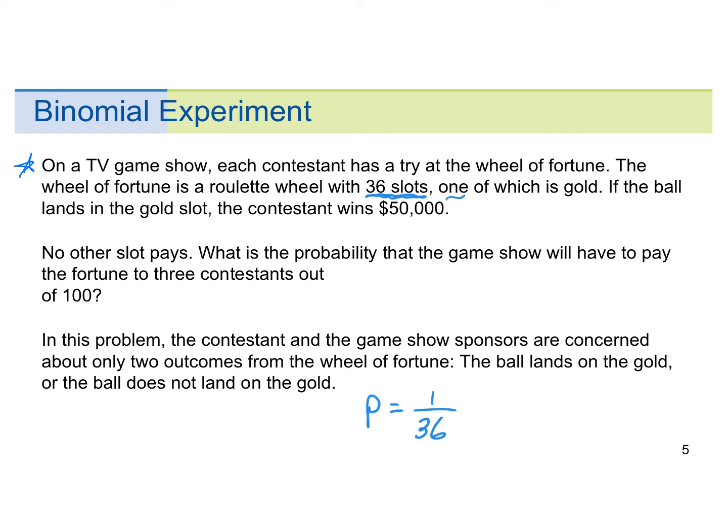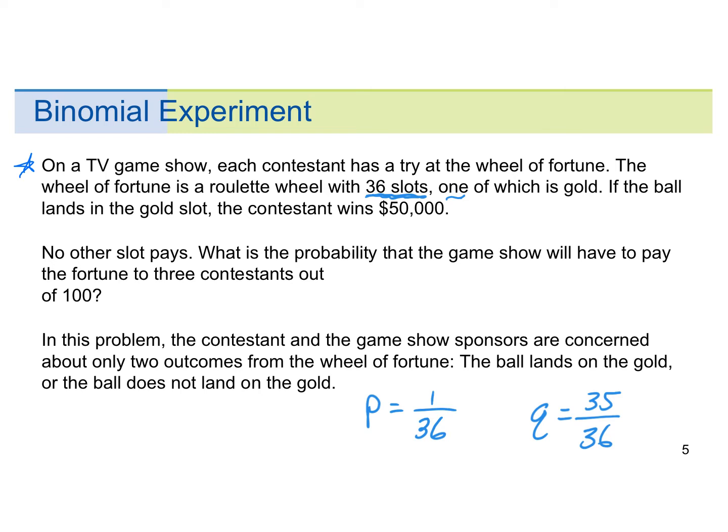You'll see in a moment, actually let me just jump to it. 1 minus p, 36 over 36 take away 1 over 36 is 35 over 36. So the p and q are going to be found very easily. You'll see in my second example, the p is going to be a decimal, and you subtract it from 1. Again, found very easily. So right now, if that ball lands on that one of those 36 spots, which is gold, you're going to win